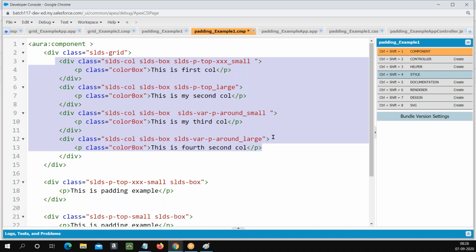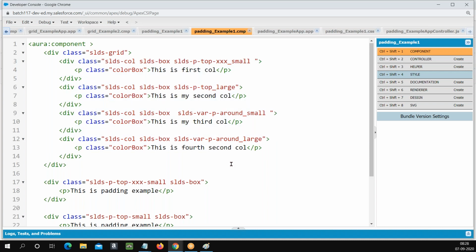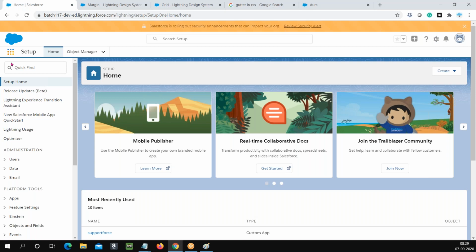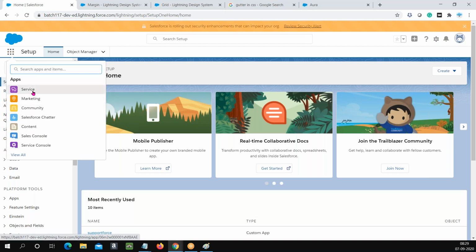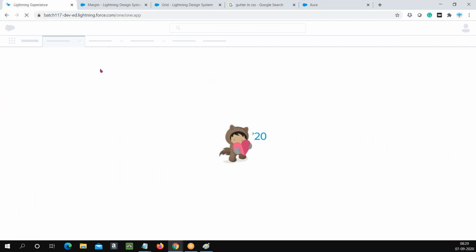Okay. Just the introduction, a quick insight into the SLDS design system, and in the next session we'll see a more defined example with other properties as well. So how to incorporate this into Lightning pages. In the next session you're going to see how to apply padding, margin, everything as part of your record pages. If you take any account page here or any of the pages,